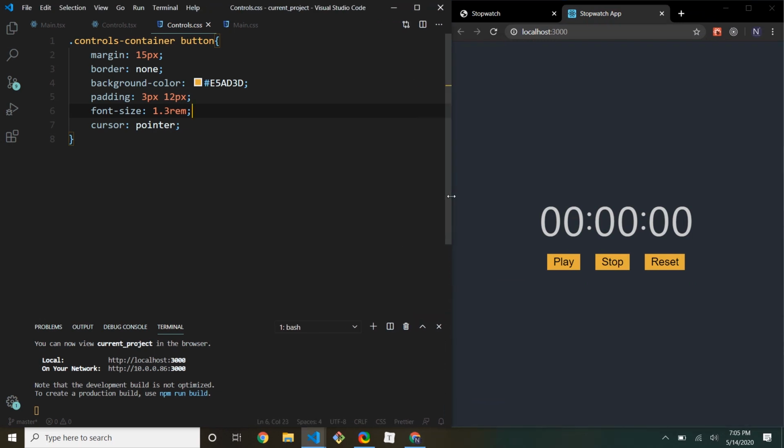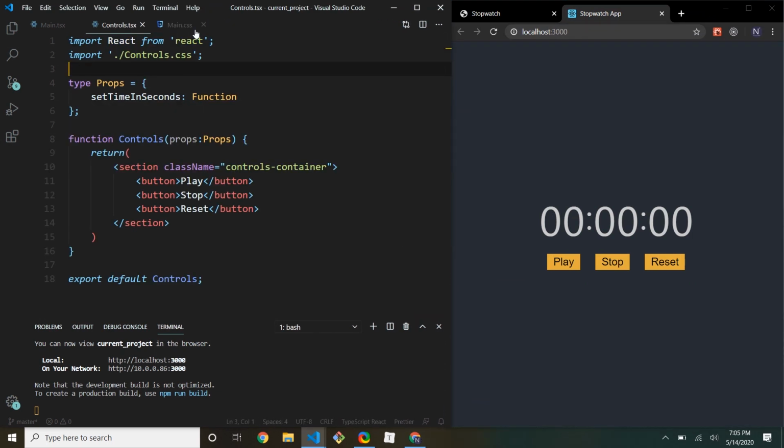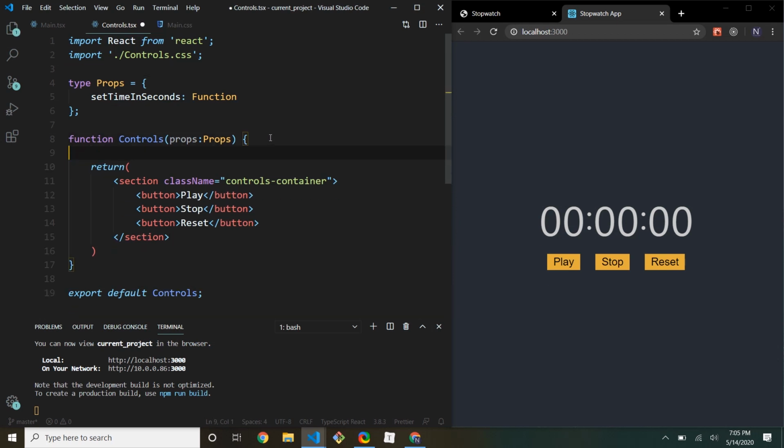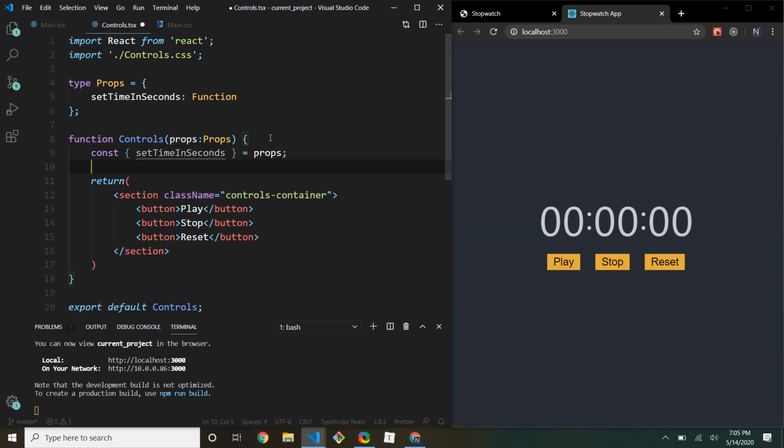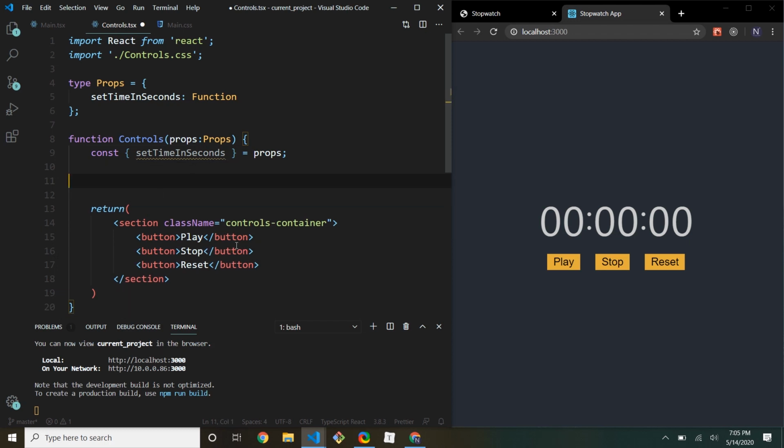So expand this code a little bit. All right, so let's work on the functionality. I'm going to use some object destructuring, set time in seconds, and set that equal to props. We're going to need to have several function handlers with the onClick event. We're going to say handle play button. I'm going to copy this, and we're going to have a separate one for this one and a separate one for this one. So this will be handle stop button